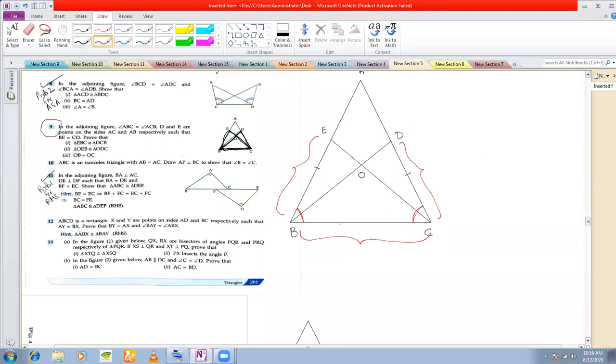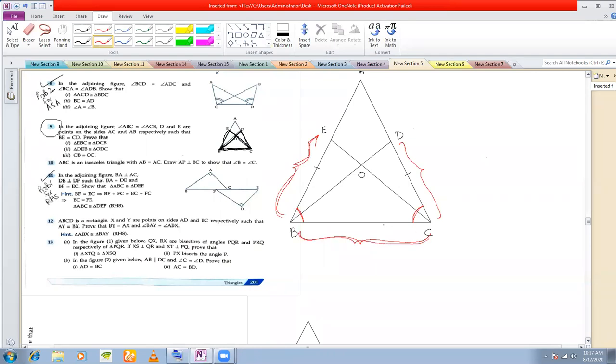Yes, sir. So by what axiom can I say the triangles are congruent? By what axiom? Look at the sides. How many angles, how many sides? Two sides are involved in the triangle. One angle is involved. ASA. ASA? Why ASA? I said two sides. See, two sides are involved. Angle side angle? Why angle side angle? There are two angles in angle side angle. I am talking about two sides here. Here the involved sides are these. SAS.